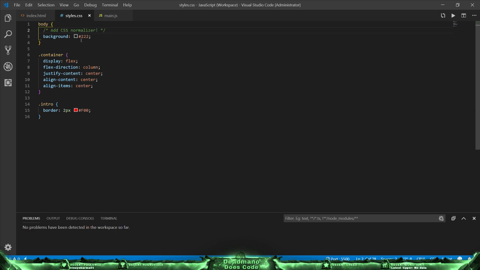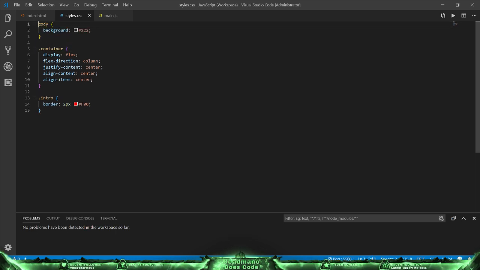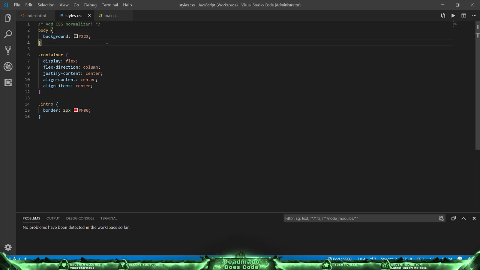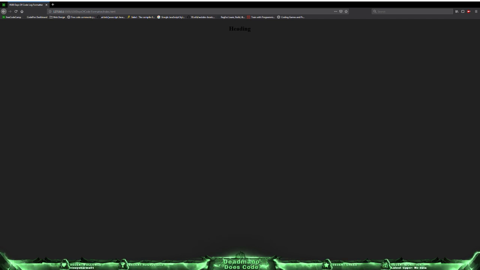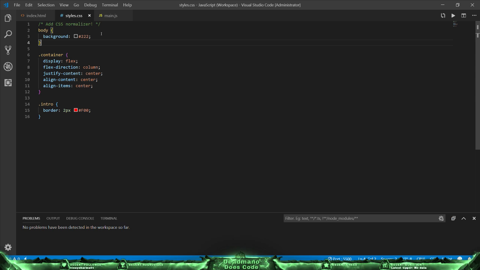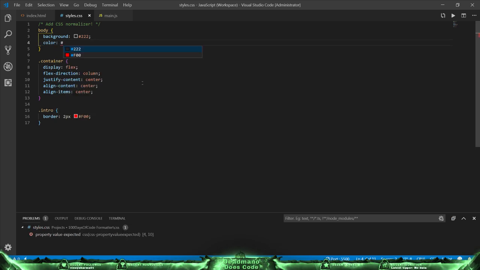Gotta remember to do that. Maybe stick that right at the top so that I remember. Don't want to forget that now, do I? Should we just go with like simple white by default? Color like